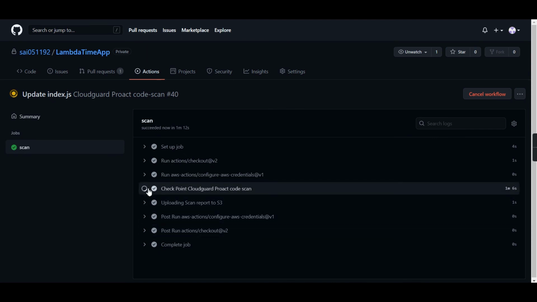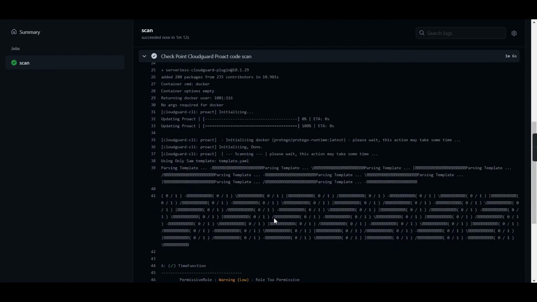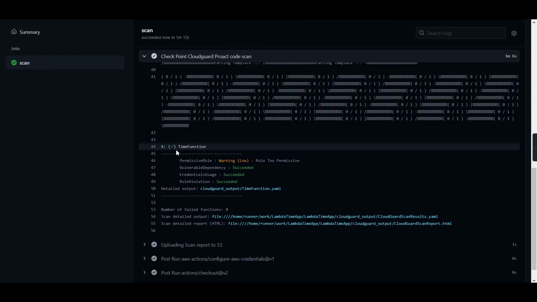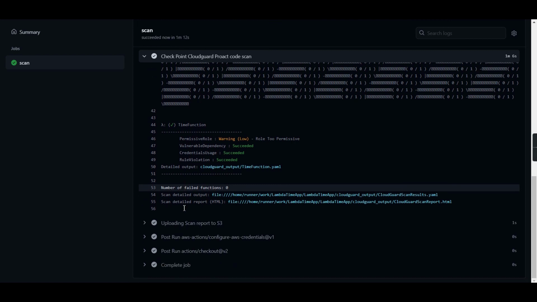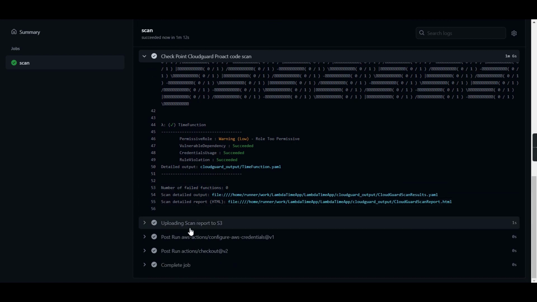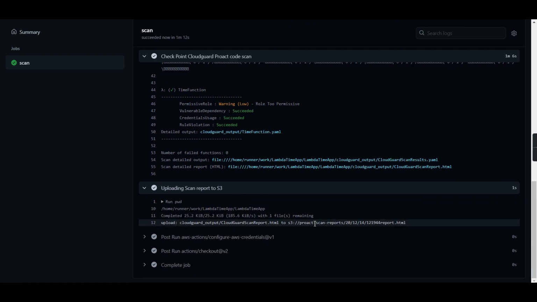Let me open that up again for your purview. Scanning was complete. For the time function, there is a bit of a permissive role. It's a low warning, so the pull request was not dropped. There was no issue with vulnerability dependency, credential usage, or any other sort of rule violation. The report of it has been generated, and I have subsequently uploaded the report to S3. I can access it if I want. This is where it's been uploaded to,